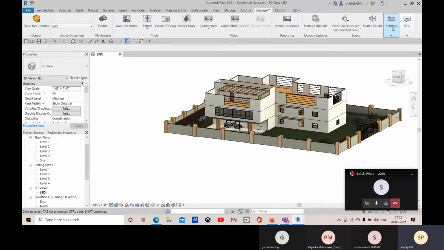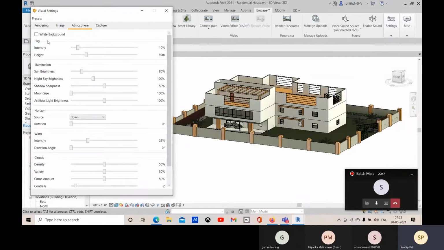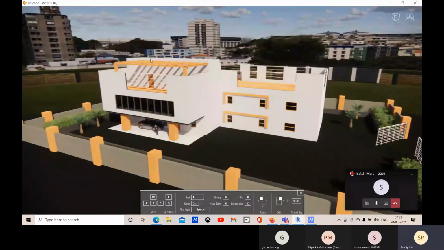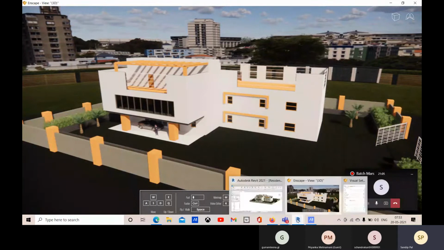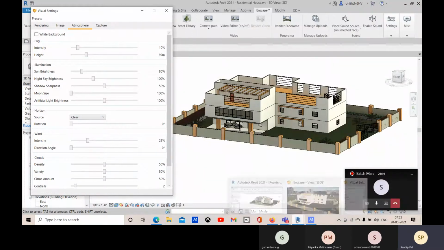So now let me come to this setting option, visual settings. All right. So here we have all these things applied. Here you can see that the horizon is set to source town. That's why we were getting that background in the landscape, the town atmosphere. If you apply this setting, visual settings, horizon source, and change it to construction site or skybox or clear, there you will see the change.